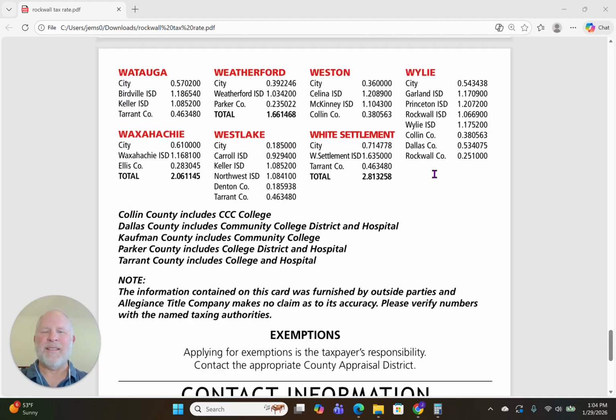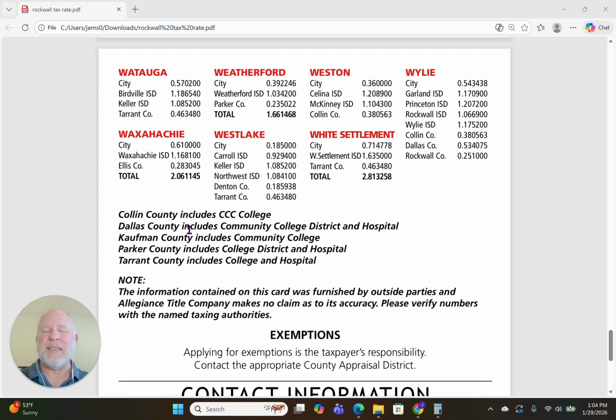All right, so the three most common that you'll see, if we look at Waxahachie here on the far left, are a city tax, an ISD or independent school district tax, and also a county tax. And that gives us the total. However, we do have some